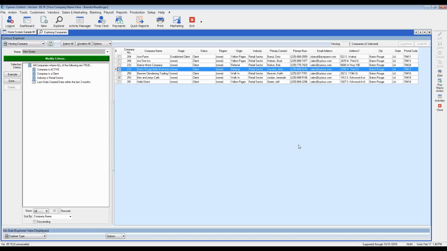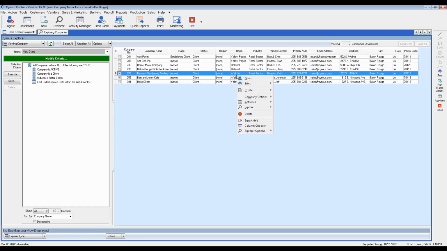One of the other little things that I do want to point out real quick, as it helps with managing information in Explorers. So we were looking at column chooser a little bit earlier. One thing I do want to hint at that we added pretty recently, within the last year or so, is the option here for show group header. So if I right click and go to Explorer options to show group header,